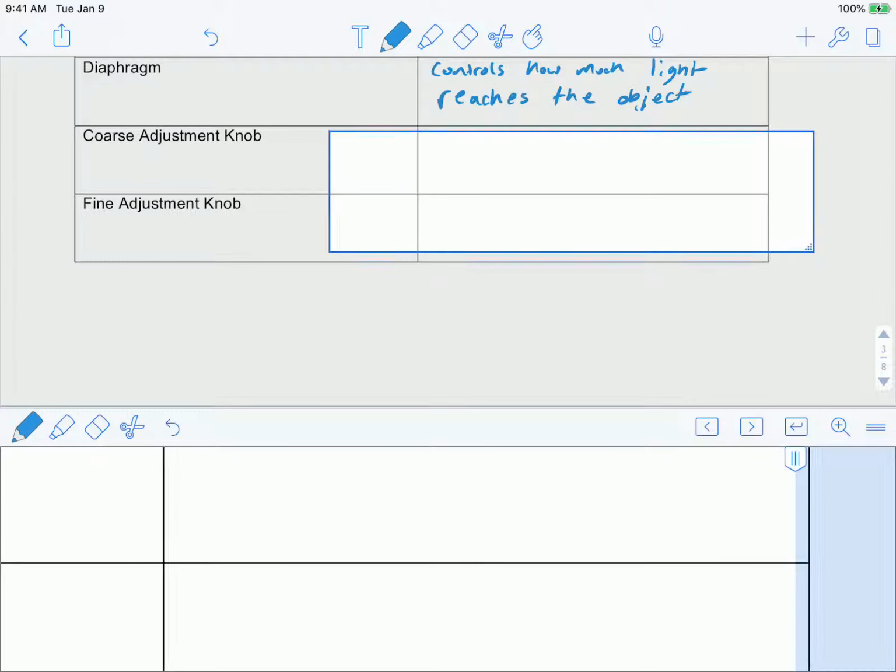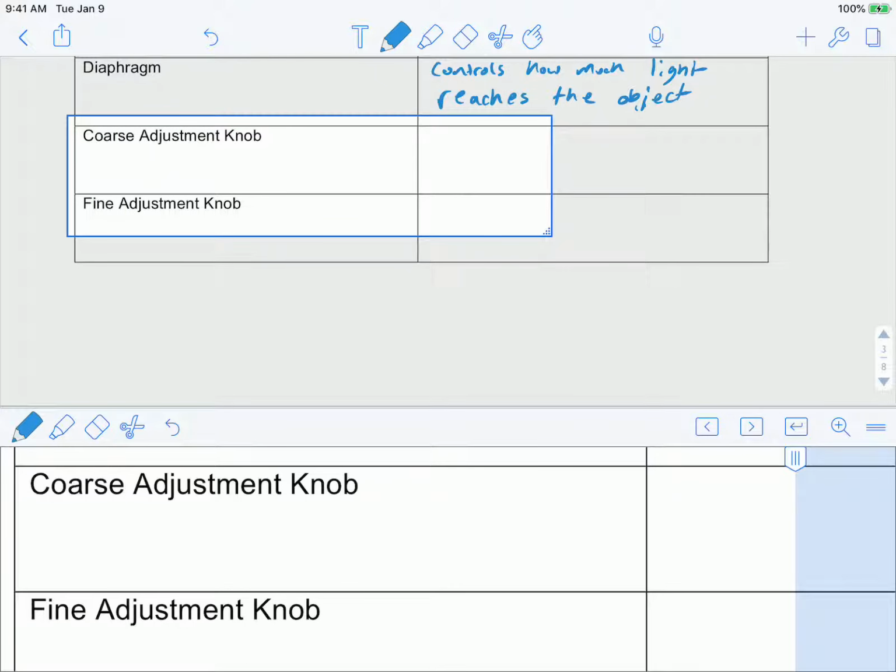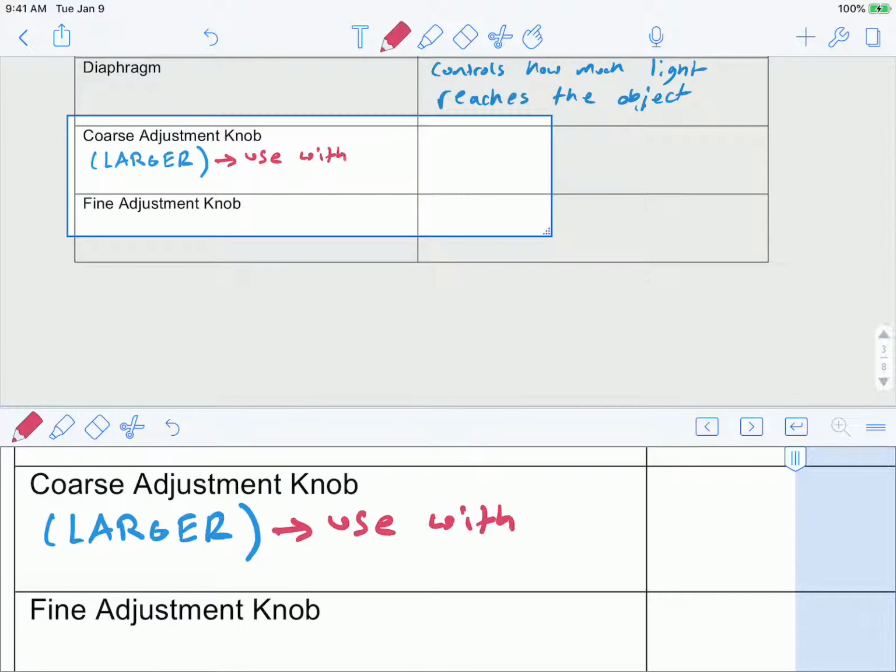Okay, our last two. So the first one is our coarse adjustment knob. And big thing here, our coarse adjustment knob, this is our larger knob. And the other thing, you are only going to use this with our low power lens. The reason you only use it with the low power lens is because this actually will end up moving